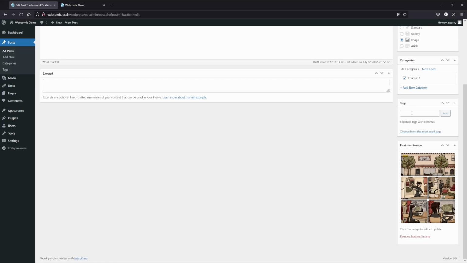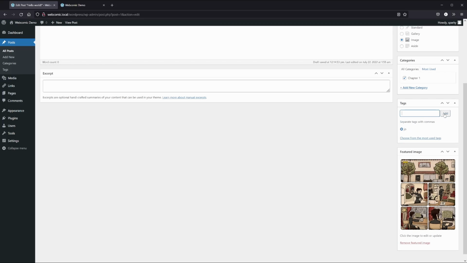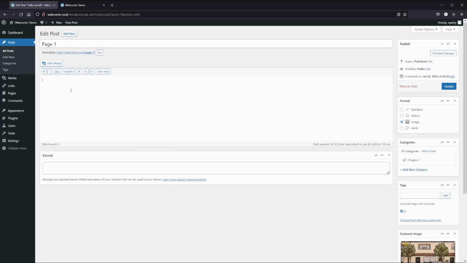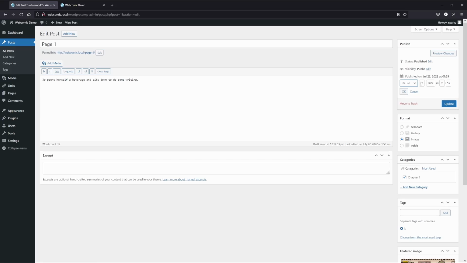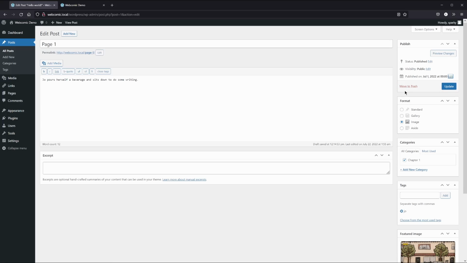If you want to include character tags, you can do so here by entering the characters' names separated by commas. I usually use all lowercase. The excerpt is a brief description of the comic page, but usually the description in the main window will be short enough to use as an excerpt. Now you can change the date to something in the past or schedule it in the future. If you're uploading a lot of old pages, you'll likely be setting the date to the past quite a bit. And update.